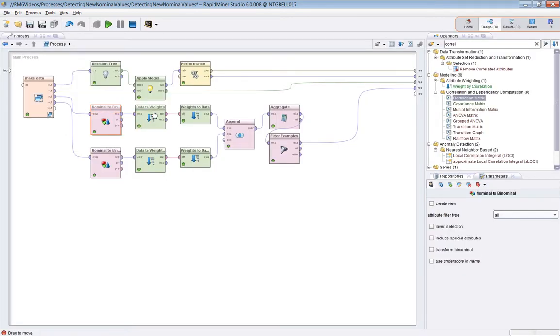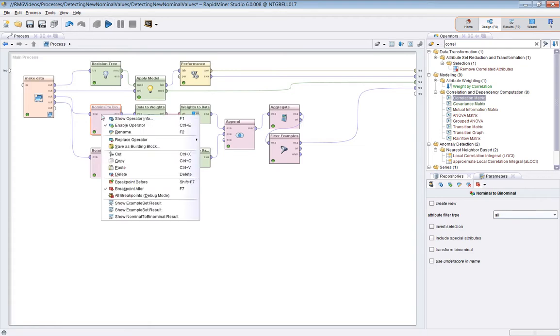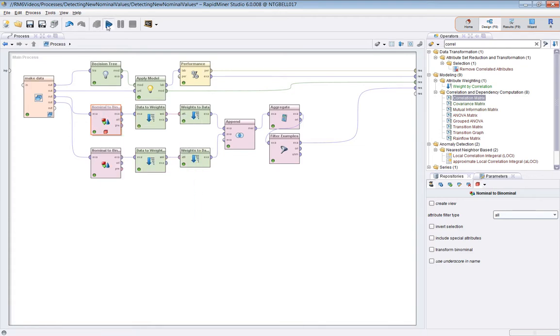So this path here is for training data, and this path here is for test data, and these two paths are the same. So we'll just look at this path here. So the first thing we're going to do is nominal to binomial. Let's set a breakpoint on that, and let's do it before and after, so you get a clear view